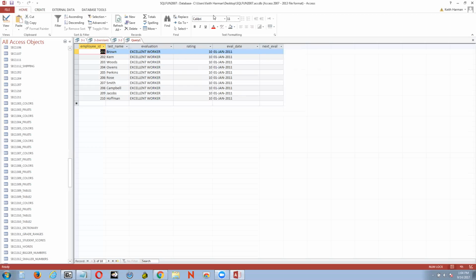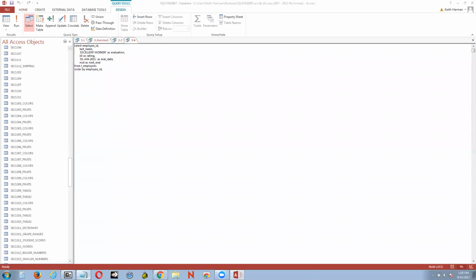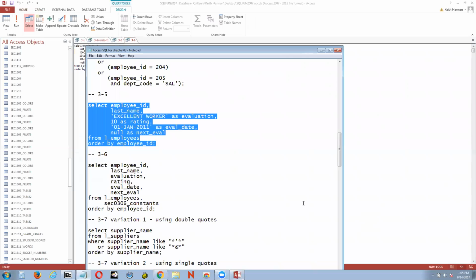Now, we'll go back down. This is going to be 3.6, okay? So we'll save it as such. Not 3.26, but 3.6. Now let's go back down for a second and go down to the SQL view. Well, we can pop it up. We can see a little bit better here. Excellent worker,